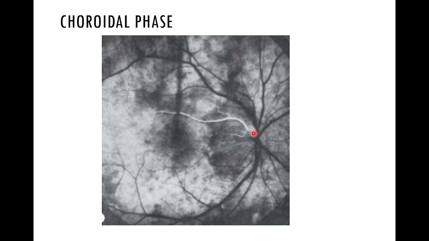But at the same time, the cilio-retinal artery arises from the choroidal circulation, from the short posterior ciliary arteries. So if a cilio-retinal artery is present, we will be able to identify it early in the choroidal circulation itself. So in the exam, if they ask when the cilio-retinal artery will be seen, it will be seen as soon as the dye enters into the choroidal circulation. We will not be able to study the choroidal circulation because the fluorescent dye gets leaked from the choroidal vessels. Initially it will be patchy filling, and that's followed by diffuse choroidal flush.